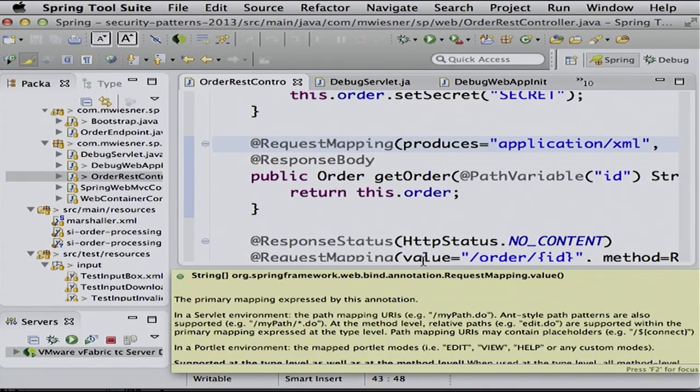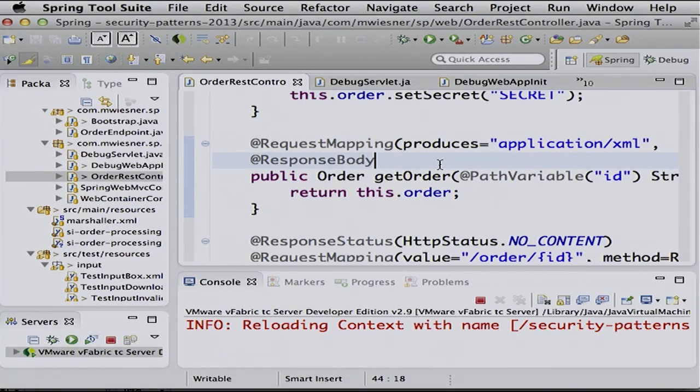Okay, so many ways to solve that, but you need to think about it. So even if you don't use it, again, it's a framework feature and it will be there even if you don't want to have it, if you don't disable it somehow, right?